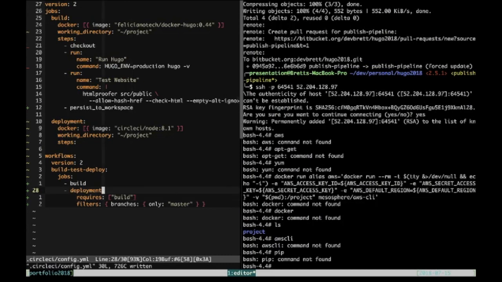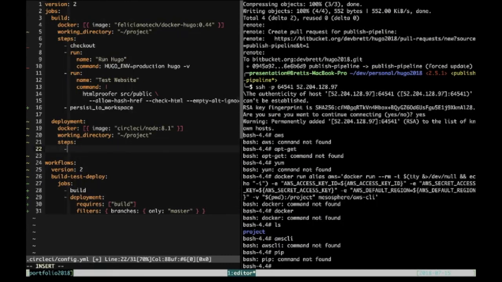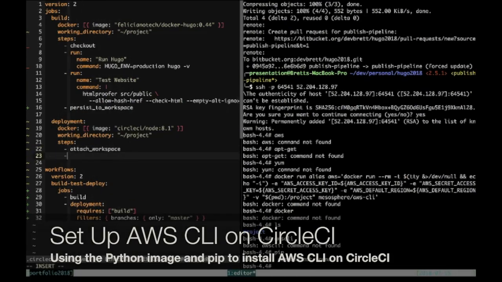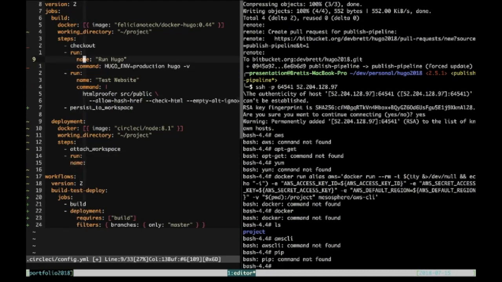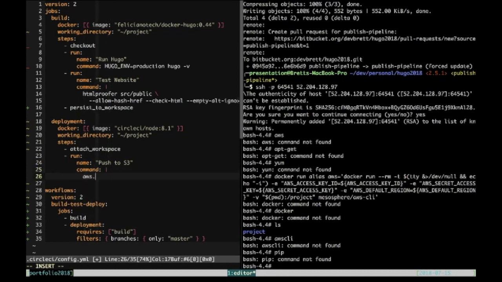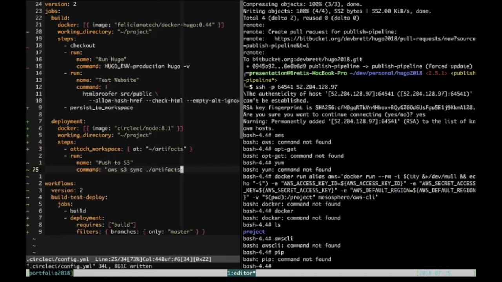So what we want to do is persist to workspace as a step of the build, and then attach workspace as the first step of the deployment. So what that does essentially is copy the artifacts from the first job into the second, because they are going to be running in completely separate images. So once we've attached to the workspace, so that's essentially copying the files from the previous image across, we then need to push them up, and I've actually ended up making a mistake